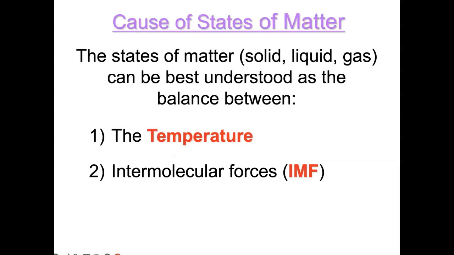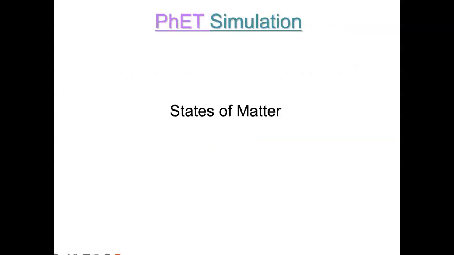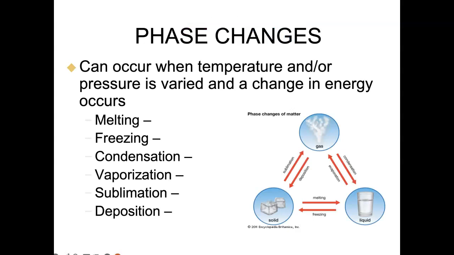All right. So where do these intermolecular forces come into play? Well, here's where they come into play: determining whether something is a solid, a liquid, or a gas, because there has to be a balance between temperature and intermolecular forces. I would suggest that you take a look at this PhET simulation. It is linked right here. I can also send you that simulation so that you can play around with solids, liquids, and gases. And so something turns from a solid to a liquid to a gas when temperature or pressure is varied